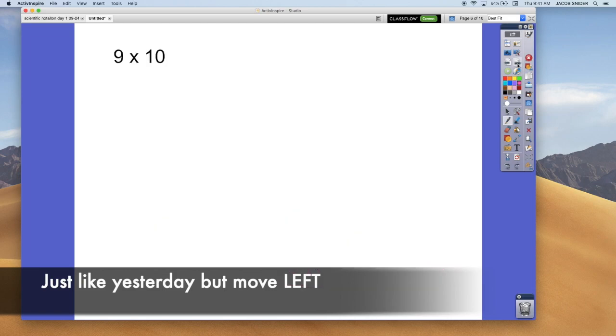What if I have this? 9 times 10, let's keep it small, negative 5. Write that for me. 9 times 10 to the negative fifth power. Start with the number that they give me, 9. Where's my decimal point? Just like we did yesterday, it's out here, after the 9. 5 times. Now, if I go to the right,